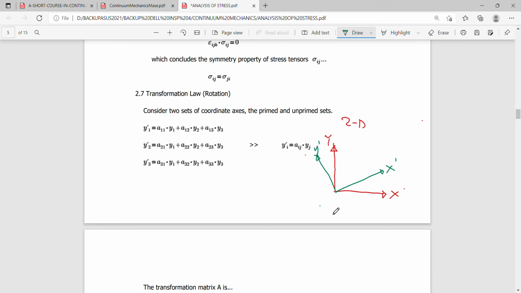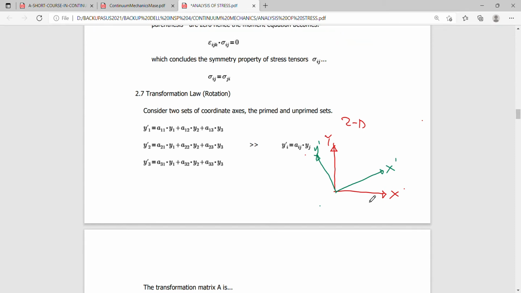Such that when we reference a tensor of any order to the new set of prime axes, we can readily use a transformation procedure and come up automatically with the description of the tensor or vector to the prime